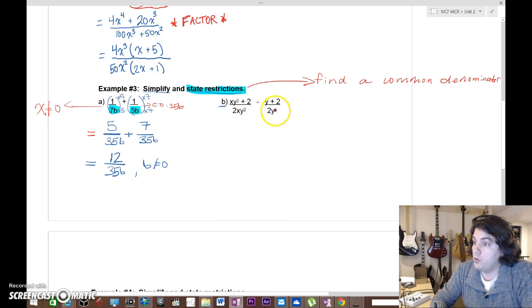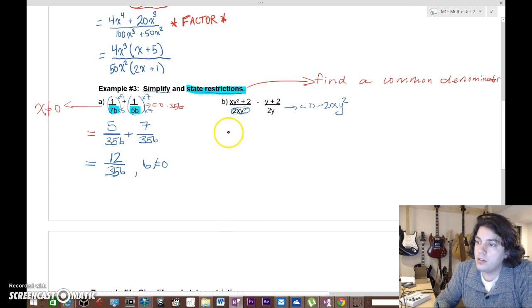Well, they both already have a 2 and a y, but this one has an x, and then it's multiplied by another y, so it's y squared. And so we can actually use this as the common denominator. All right, we can say that the common denominator will be 2xy squared. Now the nice thing with that is, do we have to multiply this by anything? No. So we can just rewrite this one just as it comes to us. xy squared plus 2 over 2xy squared